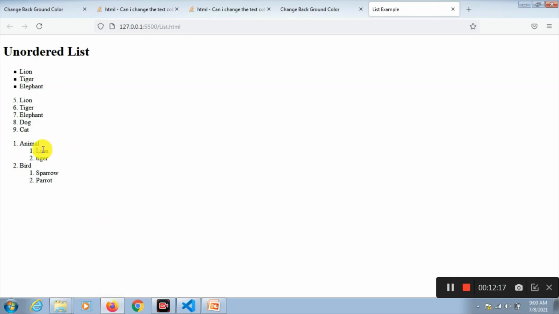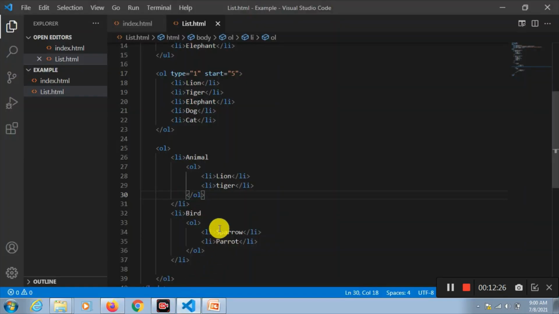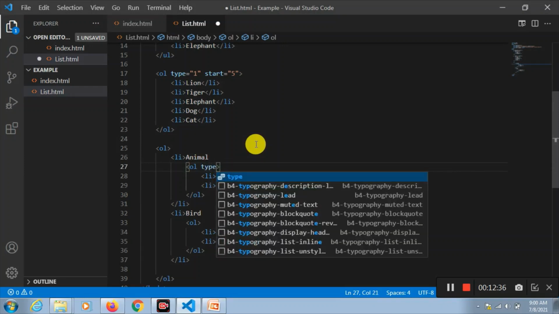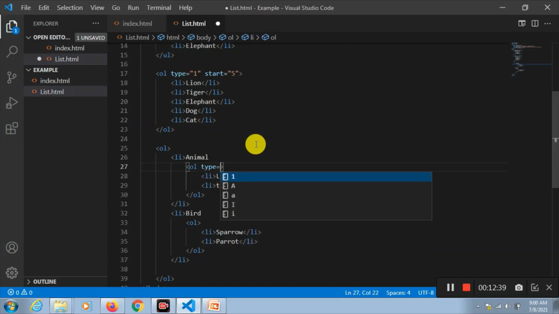There you are. 1 element, 1, 2. This if you want to change, you can change the inner list. Like, let's give A. You can take it.